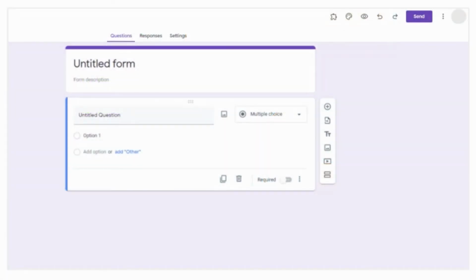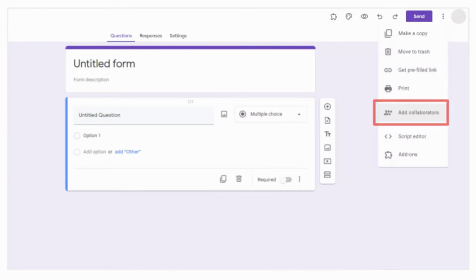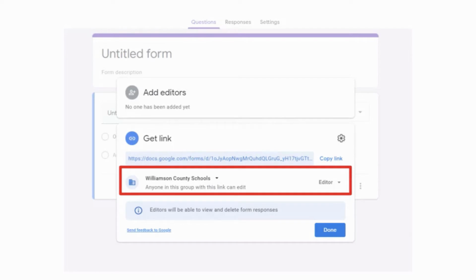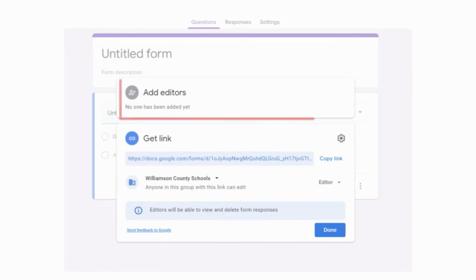I can start a new Google form. Then select the action button in the upper right corner. It's those three little vertical dots. Then select Add Collaborators and a pop-up appears. Change the permissions to allow others to edit. After that, just add the members of my PLC and immediately this becomes a collaborative project where each of us